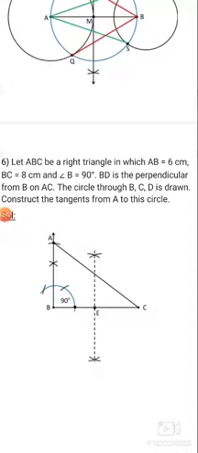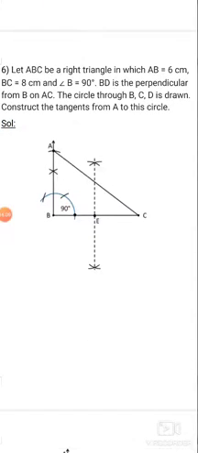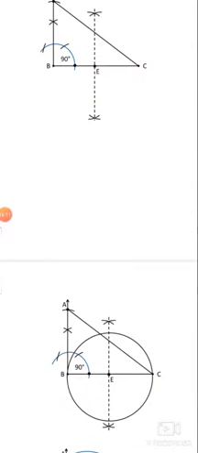90 degree. After that, from that ray, you need to take a measure AB having length 6 centimeter. We cut it using compass itself. Okay. Now mark that point as A. After that, join A to C. Now take more than half of BC. Draw its perpendicular bisector. Mark that midpoint as which one? E. After that, with E as center and BE as radius, we draw one circle.